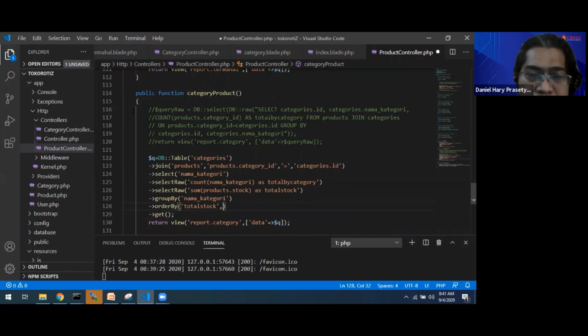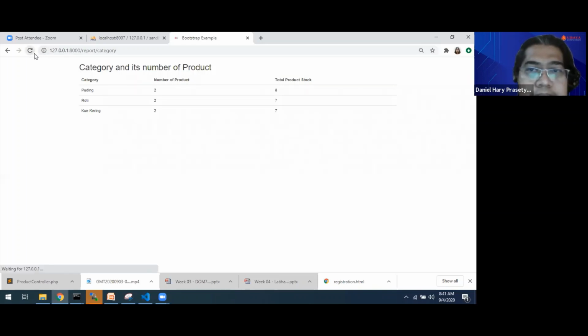So the maximum will come first. Descending. Okay, this one. Pudding with 8 total stock will come first, and then the others.